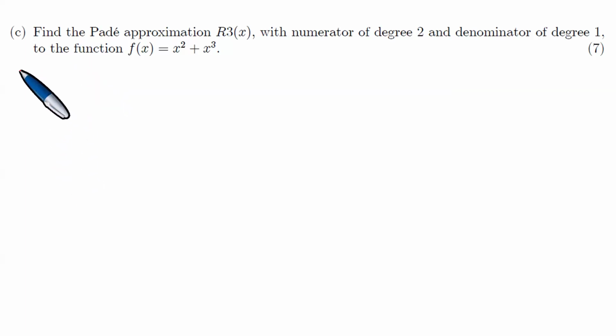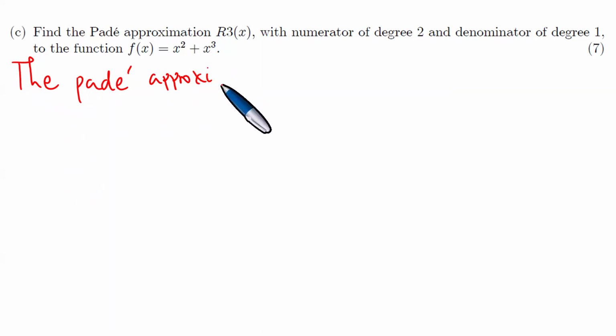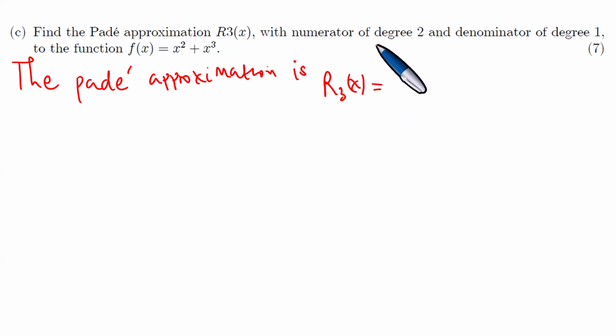So we know that the Padé approximation is going to be R3 of x, but the numerator is of degree 2, which means